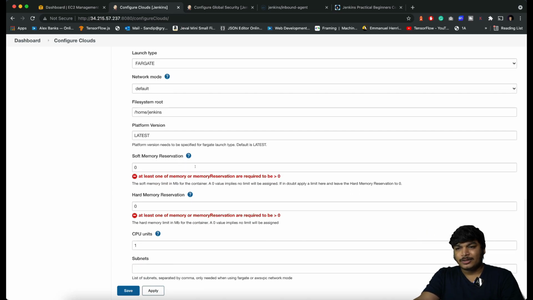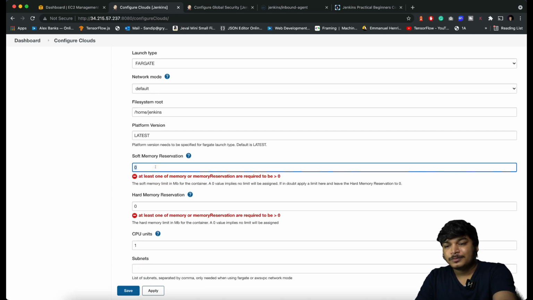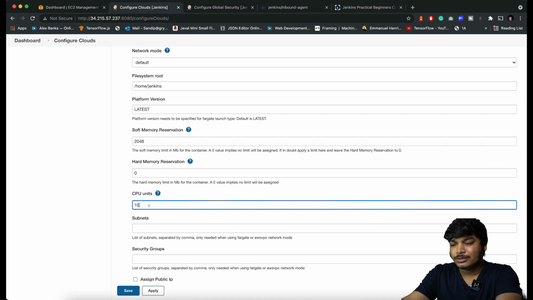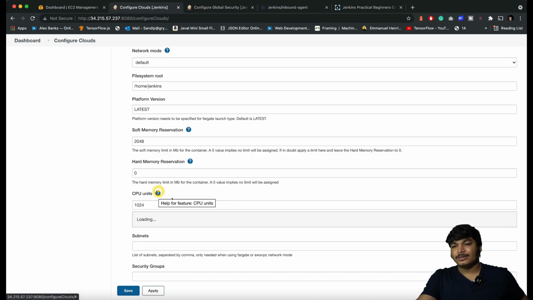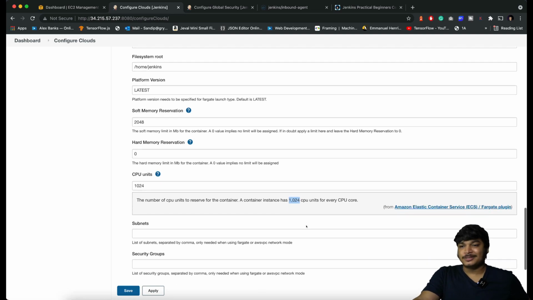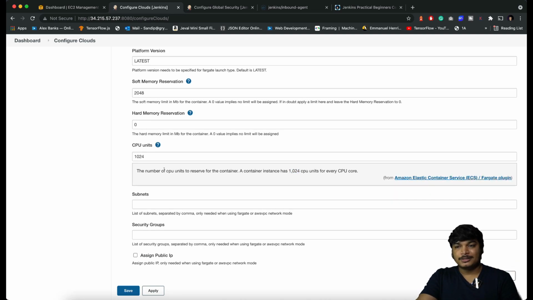File system root and all that, good. In the soft memory section, give it 2048, and in the hard memory make it 0. In the CPU unit make it 1024. You can click on that and set the CPU unit you can assign. It's up to you.